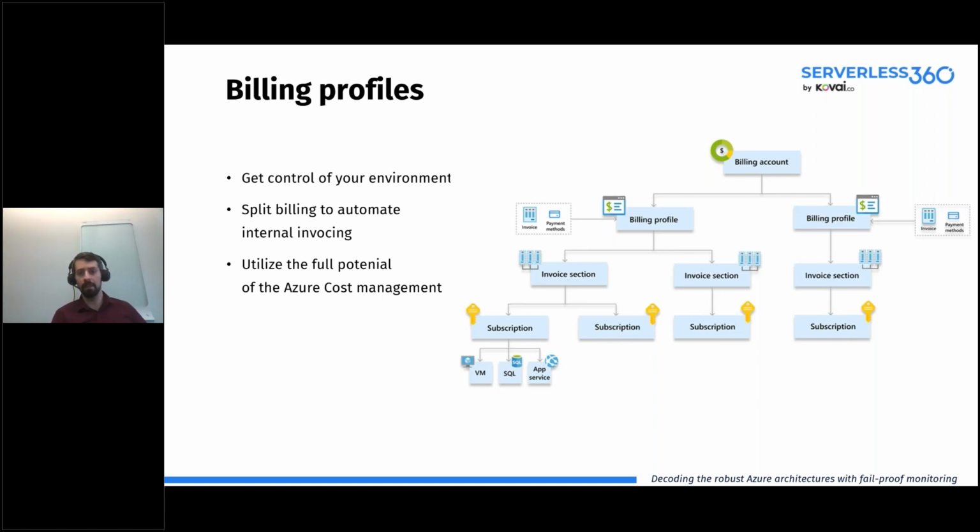So if customer A is spending more money than customer B, you can actually see it based on the usage on the services that you sell. And within these invoice sections, you again bundle down to the actual subscriptions that are within them. So it's a great way of getting control of where the specific bill should be placed, or where the expense and the cost is actually